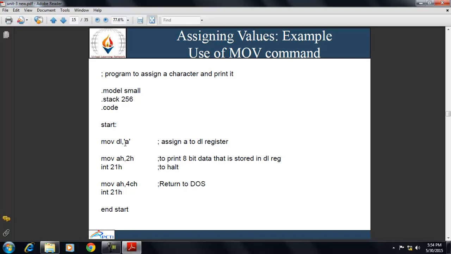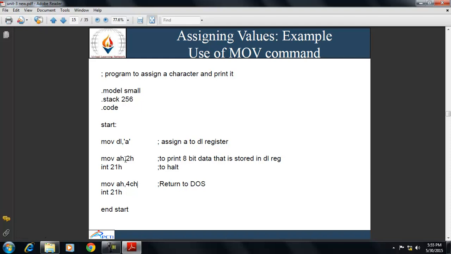Then in this we assign a particular character, that is A to DL. Now to print this particular data we use AH comma 2H, that is to print 8-bit data that is stored in the DL register. The data you want to print must be saved in the DL register. Then int 21H. Then again move AH comma 4CH function.